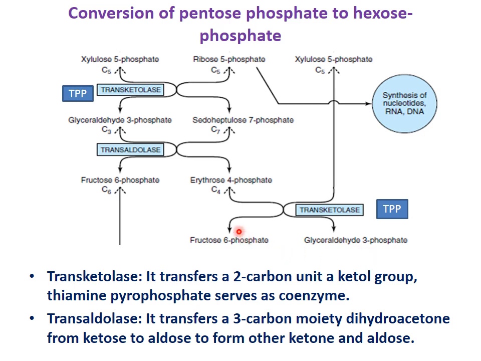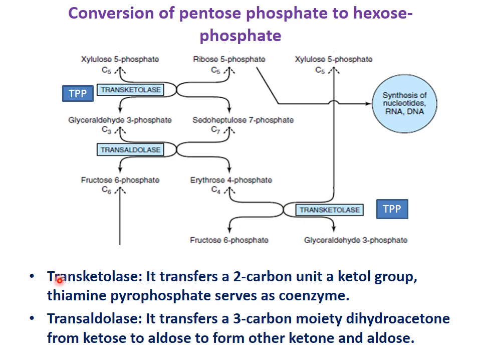In this way, the conversion of pentose into hexose again takes place in the presence of 3 enzymes: 2 are transketolase and 1 is transaldolase. So 3 reactions are there. The first one is transketolase, second is transaldolase and third is transketolase. Transketolase requires thiamine (vitamin B1) pyrophosphate. It is the coenzyme with this transketolase enzyme.